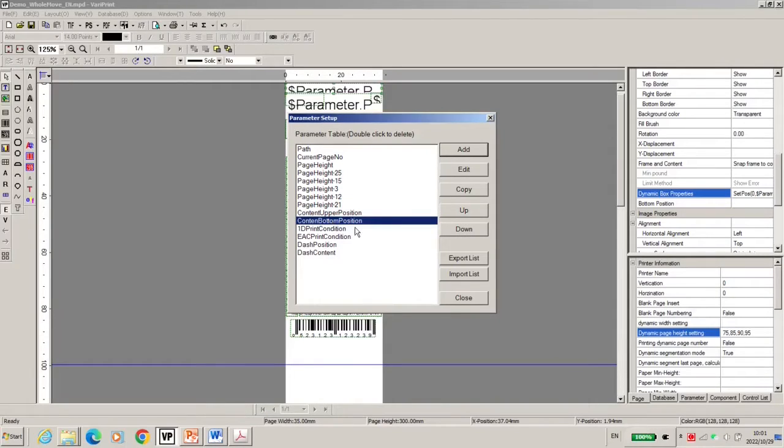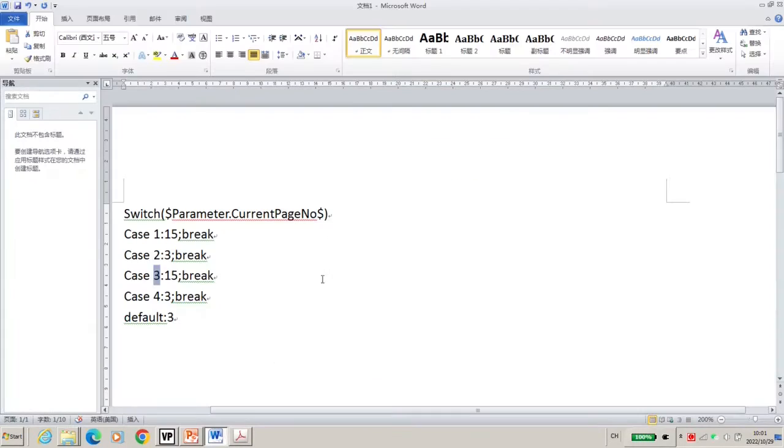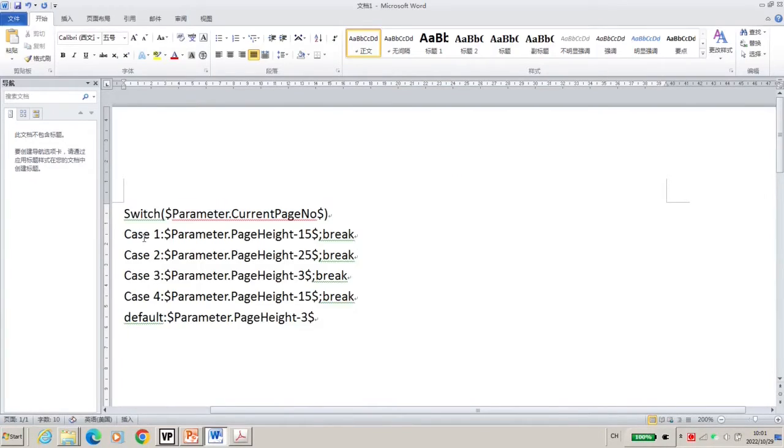We tell you this bottom position. Bottom position, each page different. So I make a parameter here. I show you. So in the page 1, it's a parameter, the page height minus 15. So it will move to next page earlier.